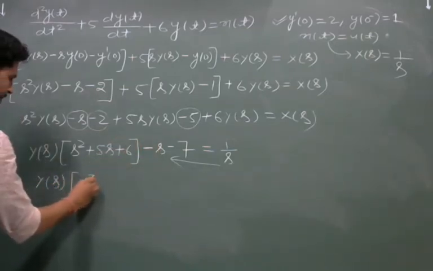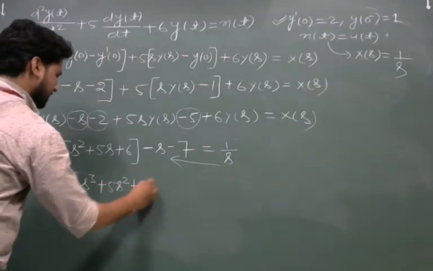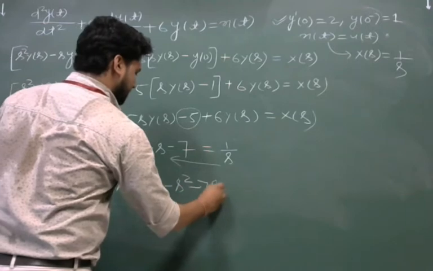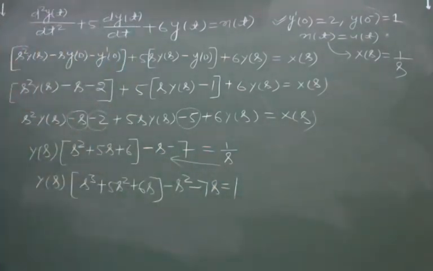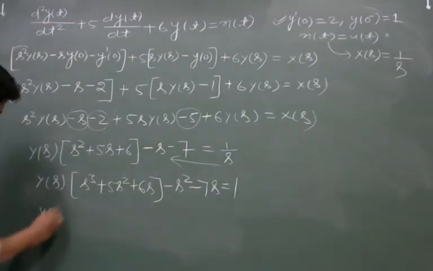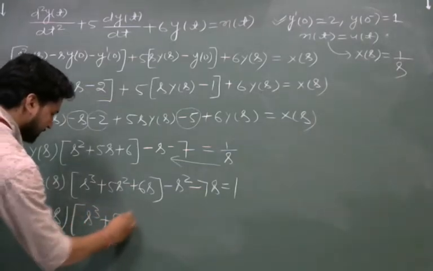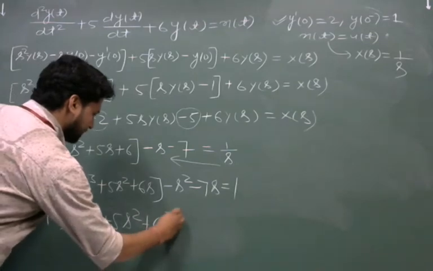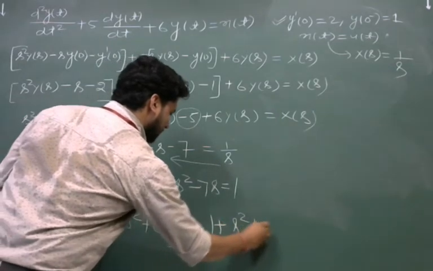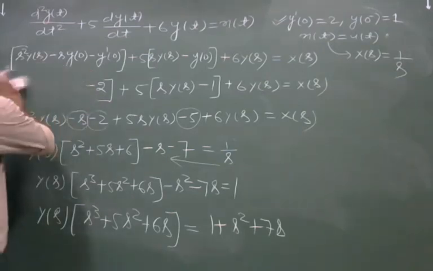So this will become s cube plus 5s square plus 6s minus s square minus 7s is equal to 1, or this can also be written as y of s into s cube plus 5s square plus 6s is equal to 1 plus s square plus 7s, or y of s from here can be written as